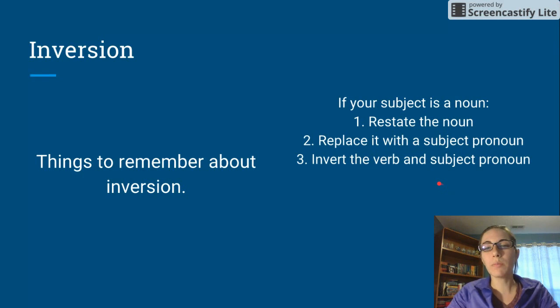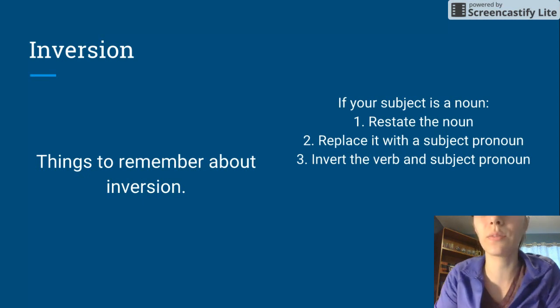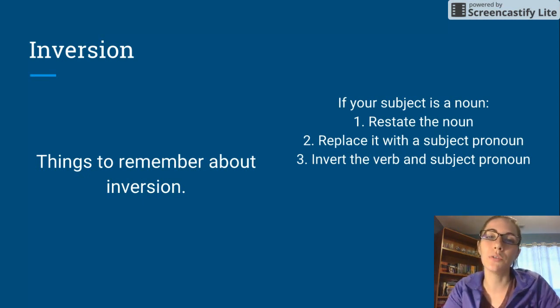Our next thing to remember is that if your subject is a noun, so if you're not given je, tu, il, elle, on, nous, vous, ils, or elles, then you're given a noun like les étudiants, the students. In order to use inversion with a noun, you have to first restate the noun in your question, replace it with a subject pronoun, and invert the verb and the subject pronoun, keeping the noun as well. Basically, you're